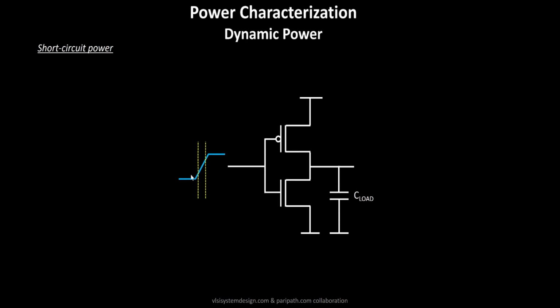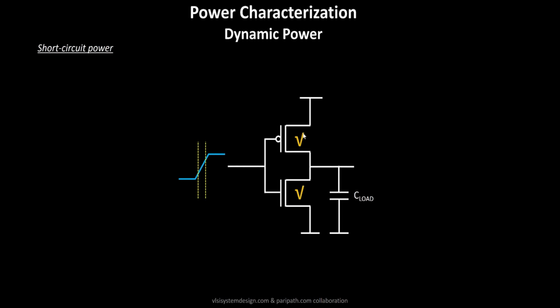While your input signal is somewhere around this region, it already crosses the VT, the threshold voltage of your NMOS transistor, so the NMOS starts conducting at a very slight rate. So there is a scenario, somewhere during the transition of the input signal, where your PMOS is on, because its gate to source voltage is greater than its threshold, and your NMOS is also on, because its gate to source voltage is greater than its threshold. As a result, both transistors conduct for a short period of time, the period of the transition.